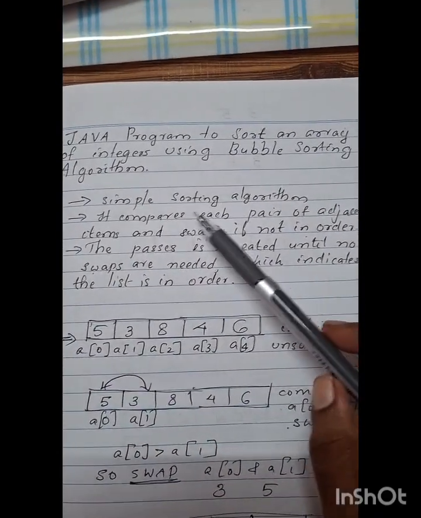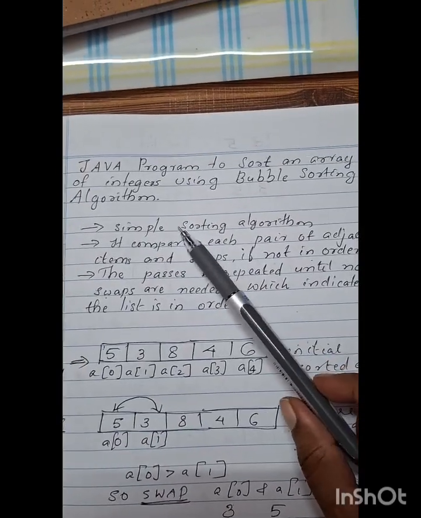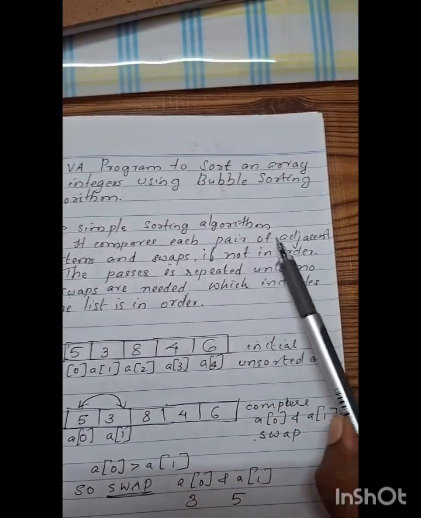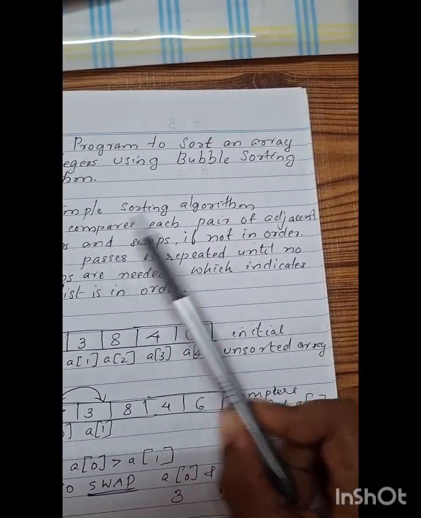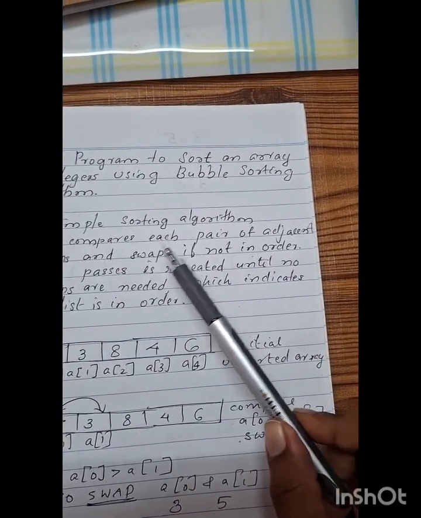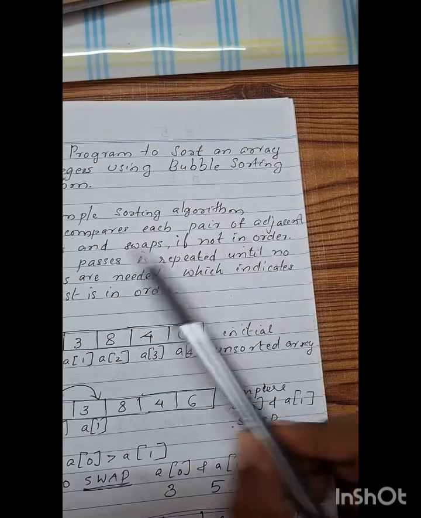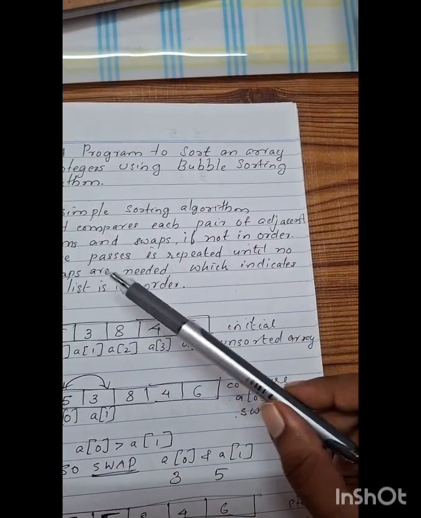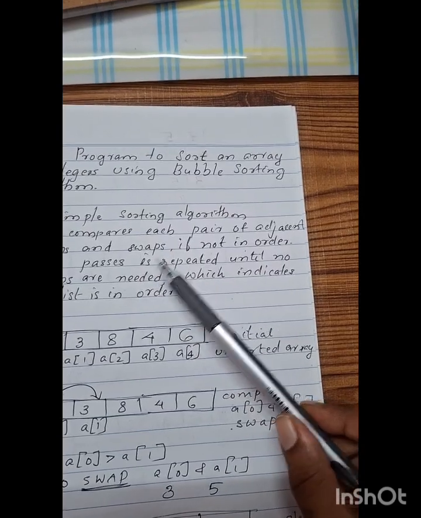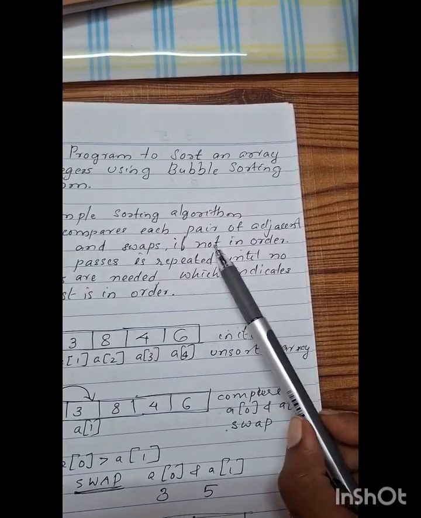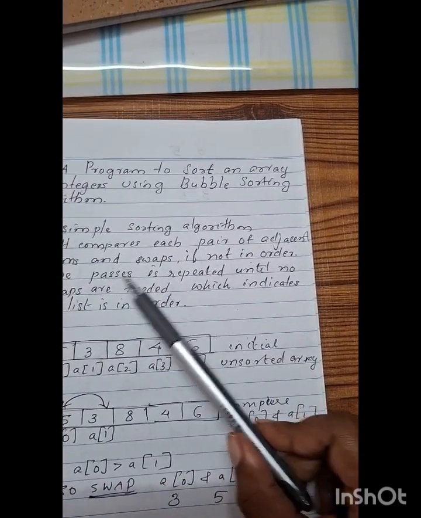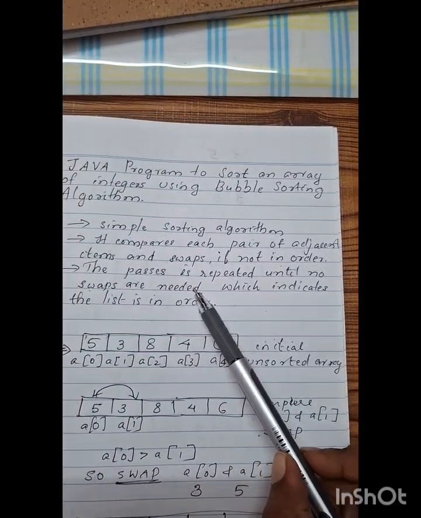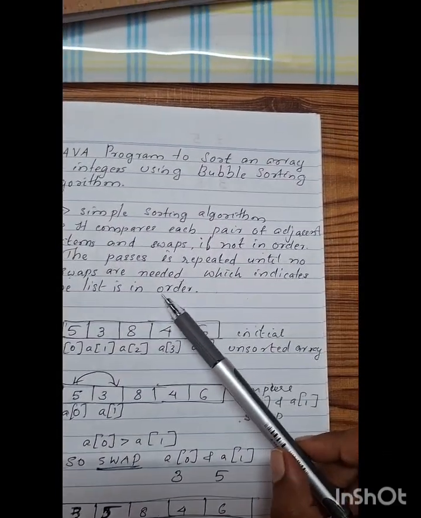Of course, as an introduction, it is a simple sorting algorithm. It compares each pair of adjacent items. Items means adjacent integers, and it swaps them if they are not in order. The passes are repeated. Passes means iterations. The adjacent elements are compared with one another. This is called a pass, and these passes are repeated until no swaps are needed, which indicates the list is in